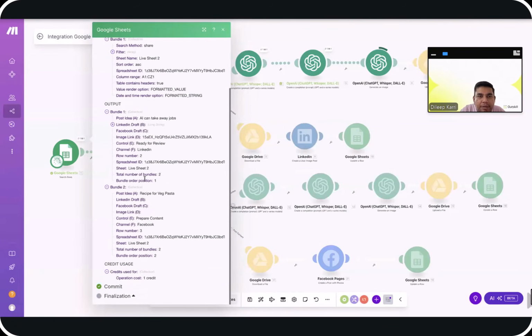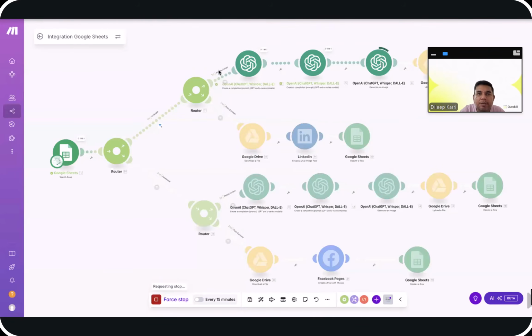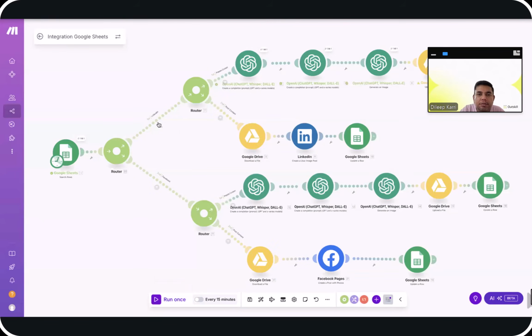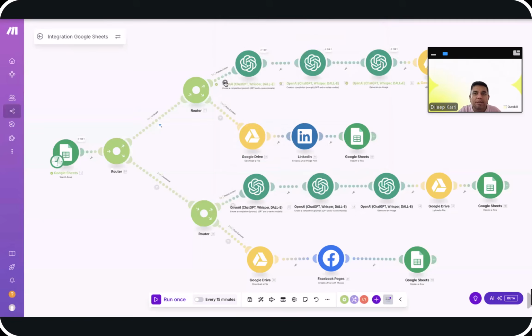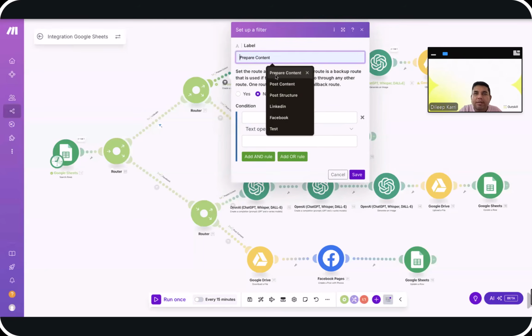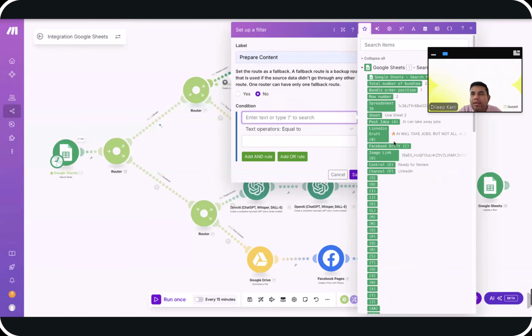AI can take away jobs ready for review, and it is properly following over here. This is fine. Okay, this label I think has not worked properly. So I'll say prepare content and I'll say control is